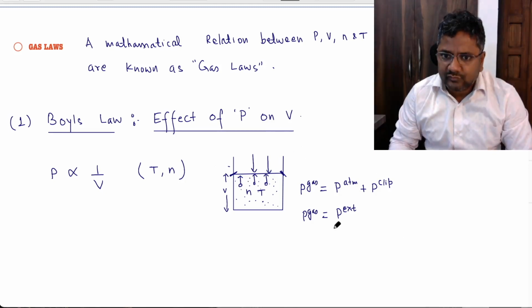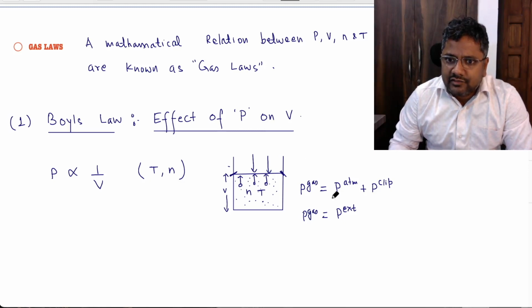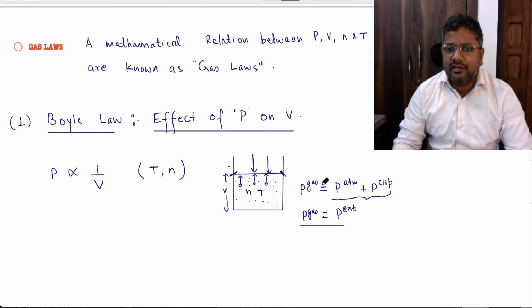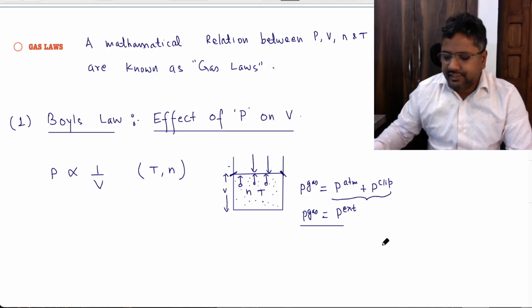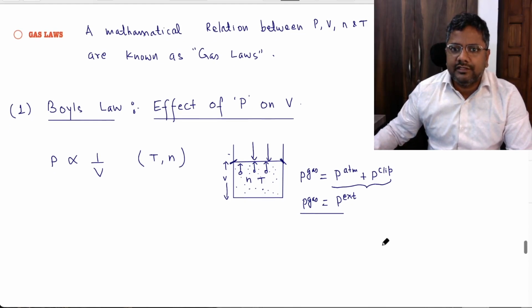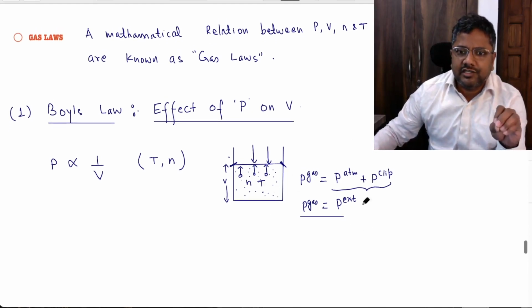Okay. And the whole sum of these two I have written here as P external, but this is unknown, right? Now see, this is the initial state of our system. If we take another state of this system,